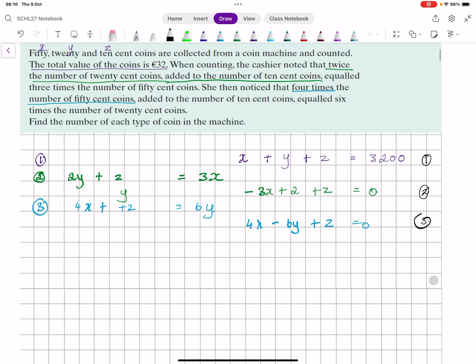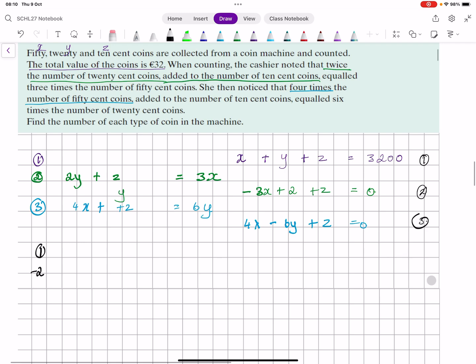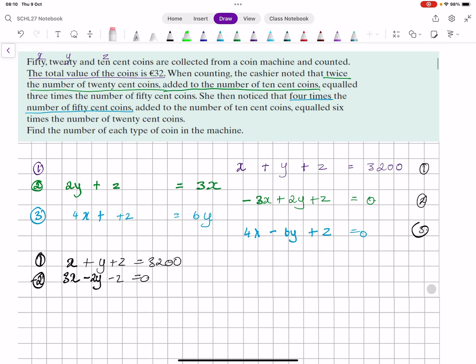So if I have equation 1 and I take away equation 2. Equation 1 is X plus Y plus Z is equal to 3,200. And I take away equation 2, that gives me 3X minus 2Y minus Z is equal to 0. I just noticed that I'm missing my Y. There it is. Now I'm going to add those up, and that gives me 4X minus Y is equal